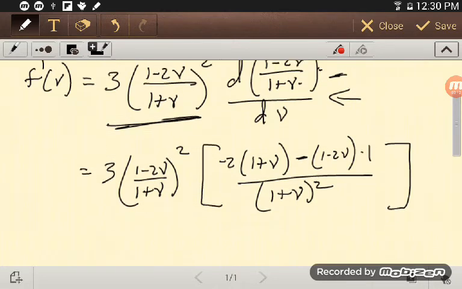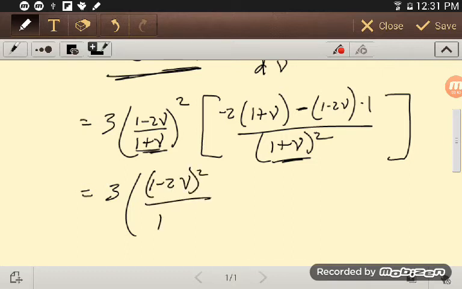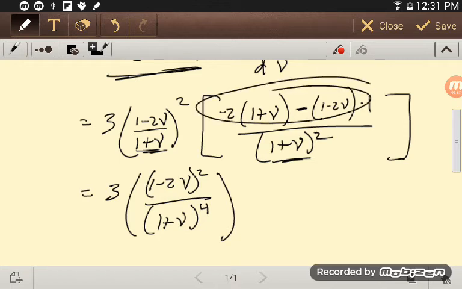A little simplification is in order, but I've done all my other calculations, my differential type calculations. And so I have 3. Now, notice that I have a 1 plus nu squared here and a 1 plus nu squared there, and so I think I'm going to write that this way right now. So 1 minus 2 nu squared, 1 plus nu to the 4th, and what I have left in this numerator